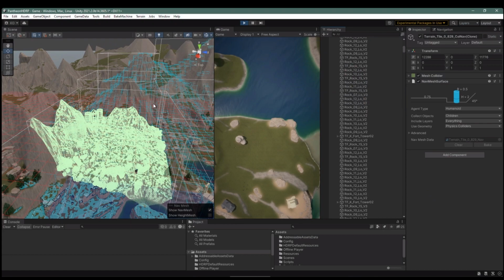Or for the client, I want to include all the collision and navigation, but I also want to include all of the rendering data as well. And because it's decoupled like that,